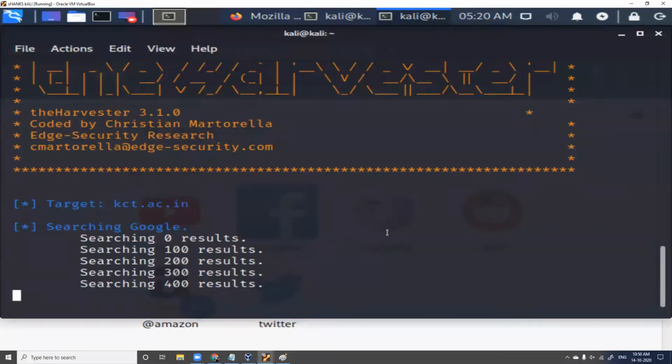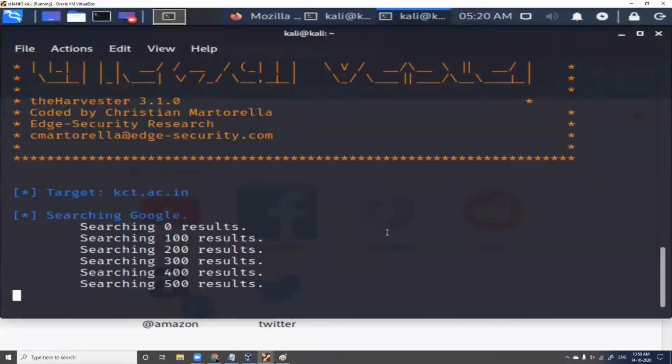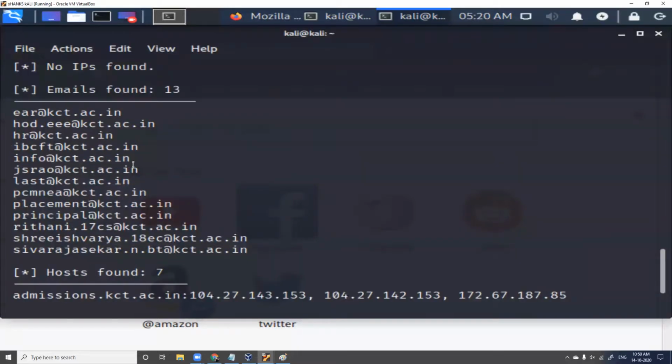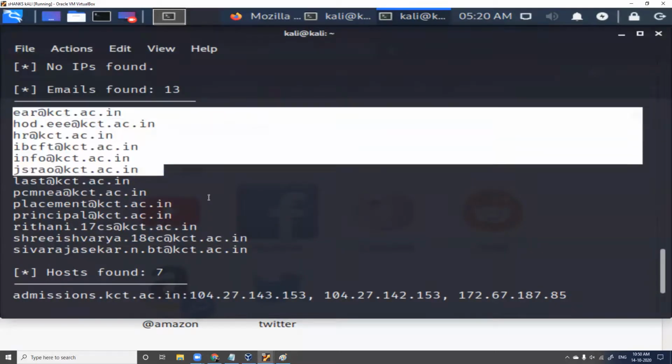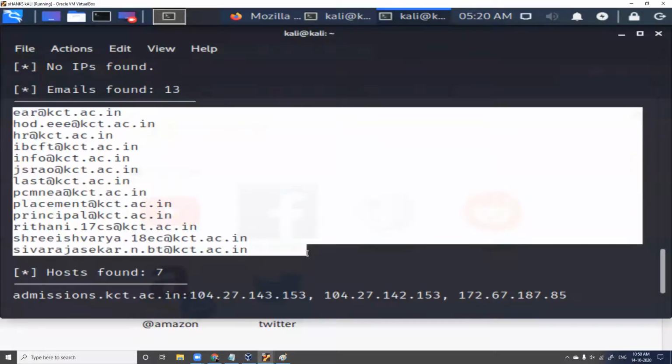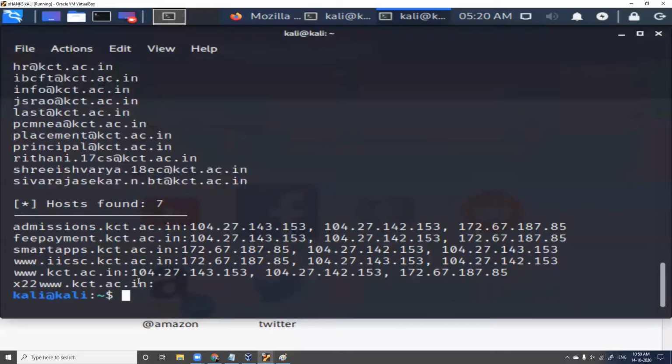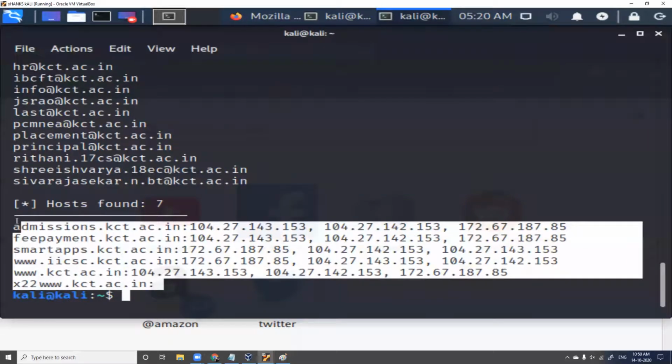When you normally search, you'll go over the first page, second page, and then you'll leave. But see here, Harvester has found emails for us, right? It has found emails from Google for kct.ac.in, and it has also got IP addresses and subdomains of this.